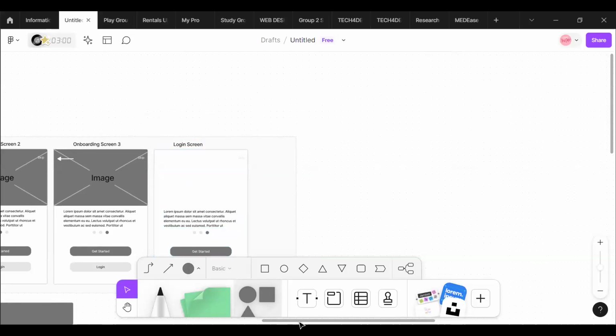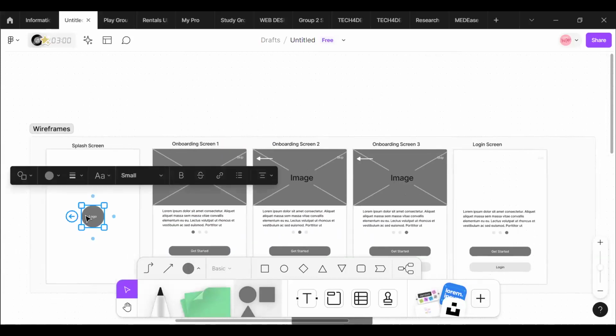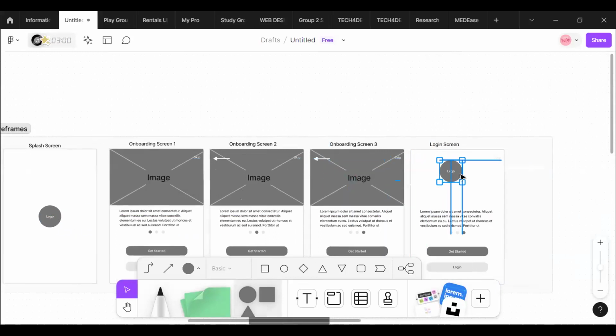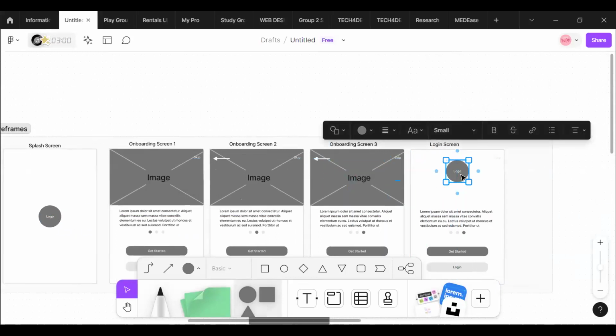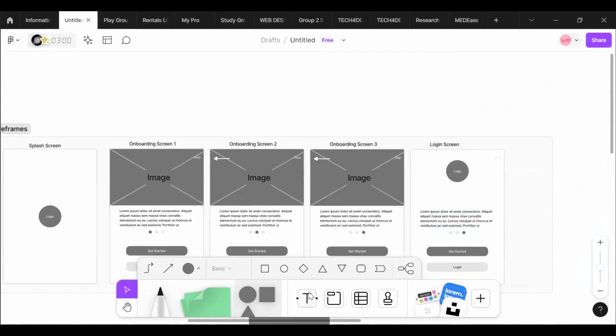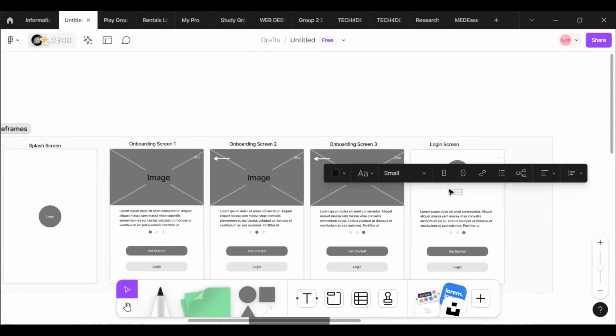So the login screen should actually contain maybe a logo. I'm going to copy this and paste it here. So I'm going to have a logo. Then we're going to have a text that says welcome back. So I'm going to take a line. Let me just type it through. Login will tell you welcome back. Welcome back. We want you to put